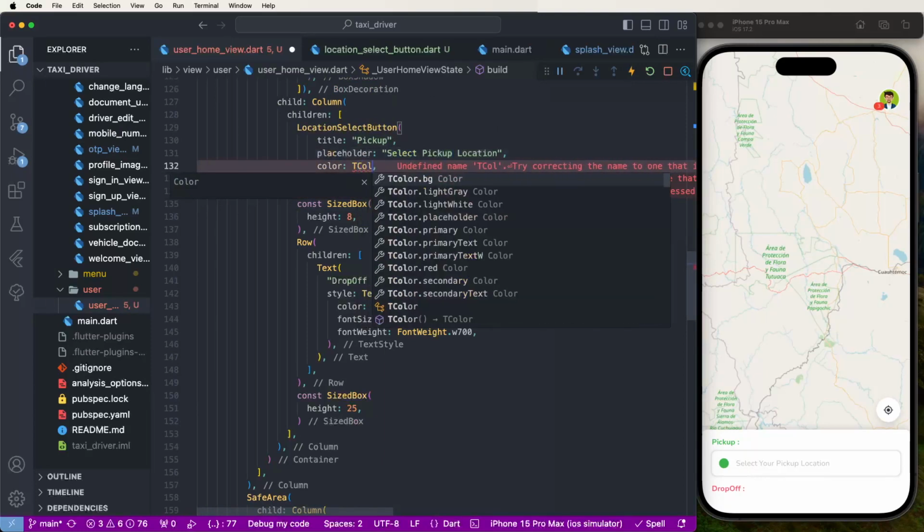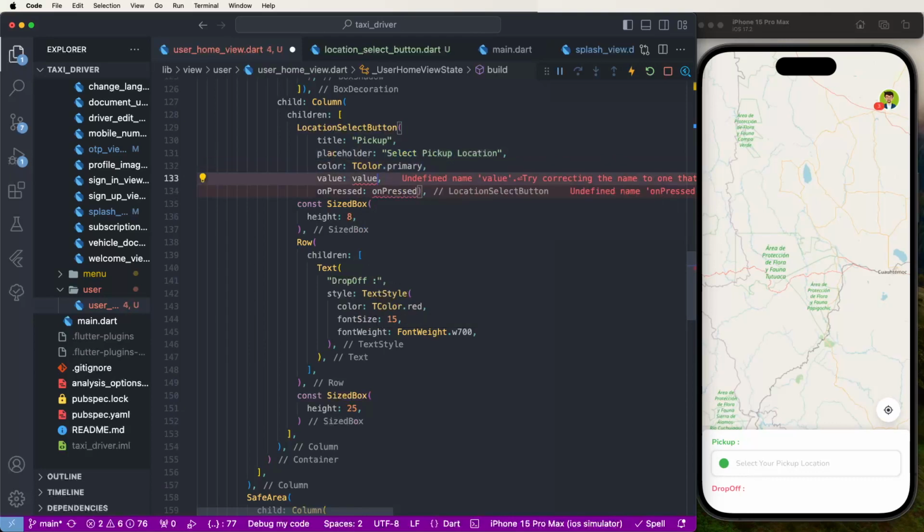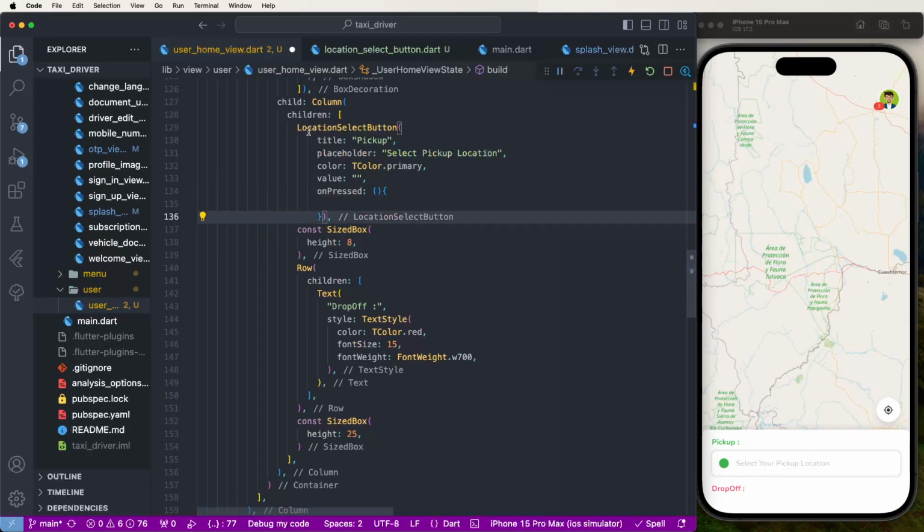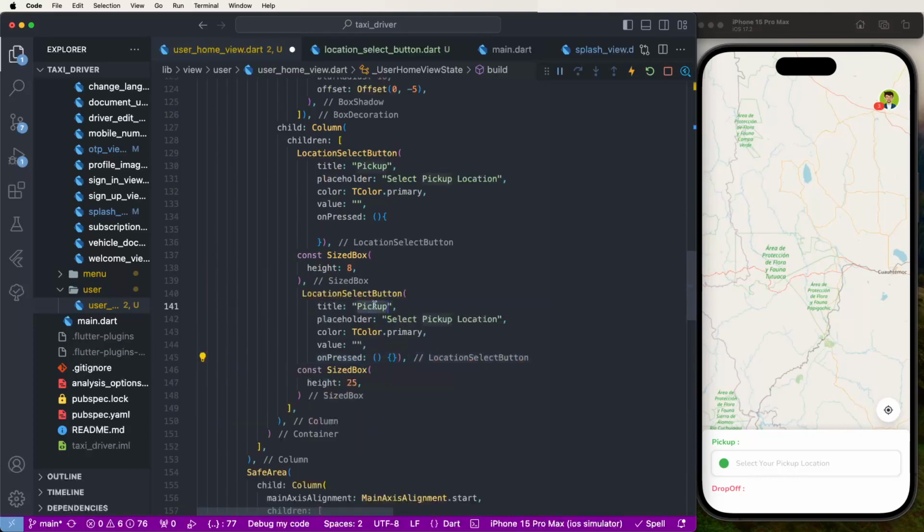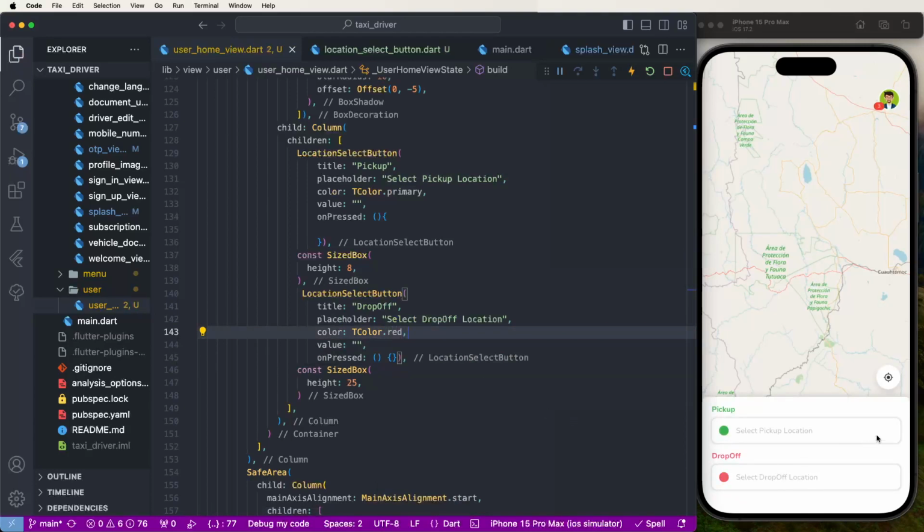Give this the color, primary color, like this, and set the value as blank. Now on press events need to give this here like this. Same as we need to create the drop off locations, need to paste this here. Now need to set drop off locations, please select drop off locations, set red color we need to assign here, save this, and we need to apply this